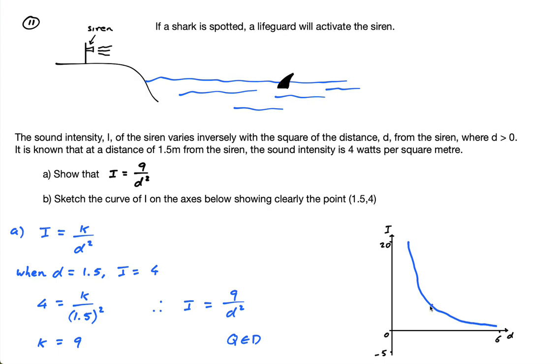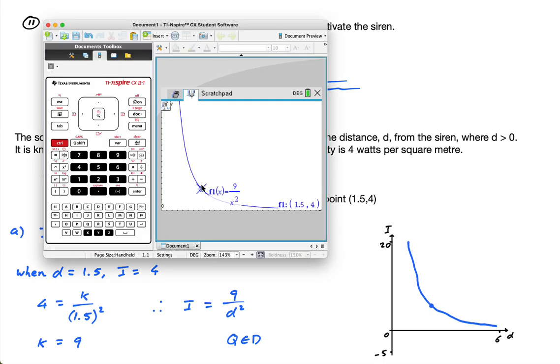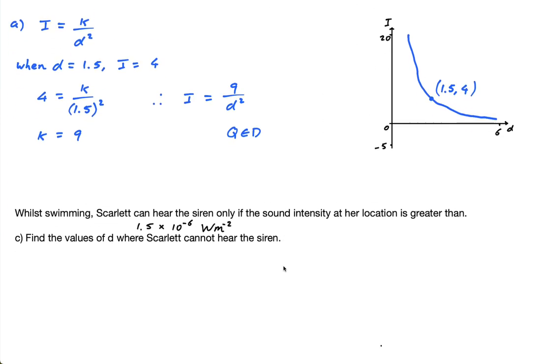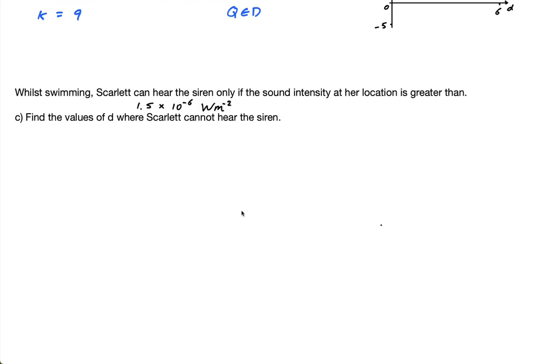So I'm going to do here, somewhere there, 1.5, comma 4, because it says show clearly this point. So this is the point when the distance is 1.5 meters and the sound intensity is 4 watts per meter squared. Okay. Part C. Whilst swimming,